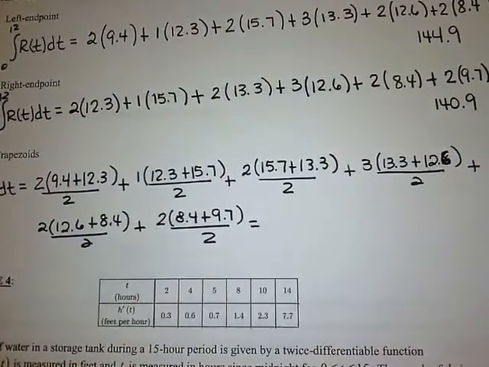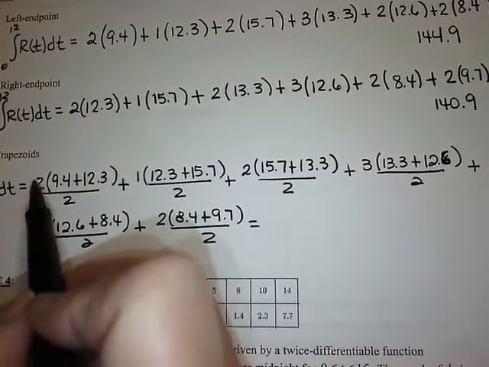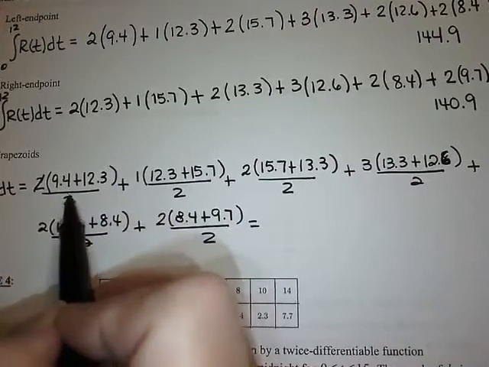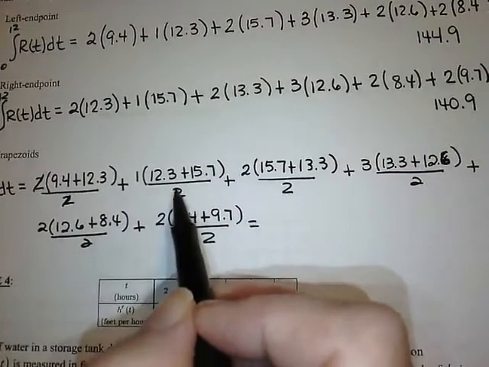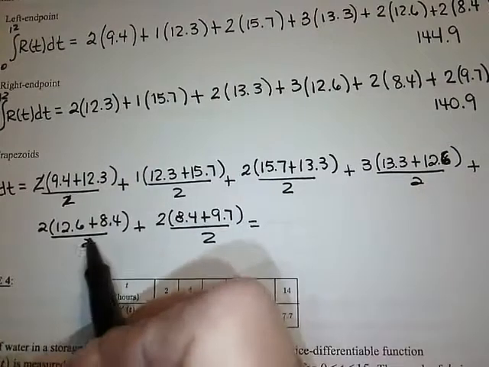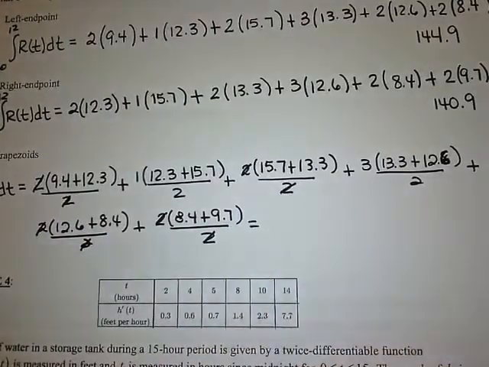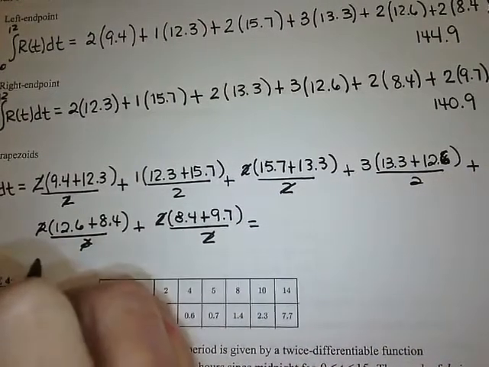All right. So, you can kind of go through and clean up some of this prior to putting it in the calculator, right? Like you can see that this right here is going to cancel out, right? This is going to be 1/2. These 2's are going to cancel out. That's going to be 3/2. These 2's are going to cancel out, kind of like that. So, before you go through and stick the whole thing in the calculator, you could have